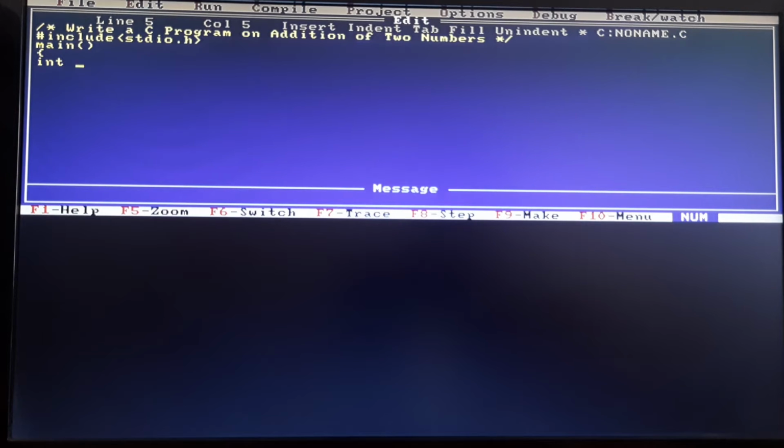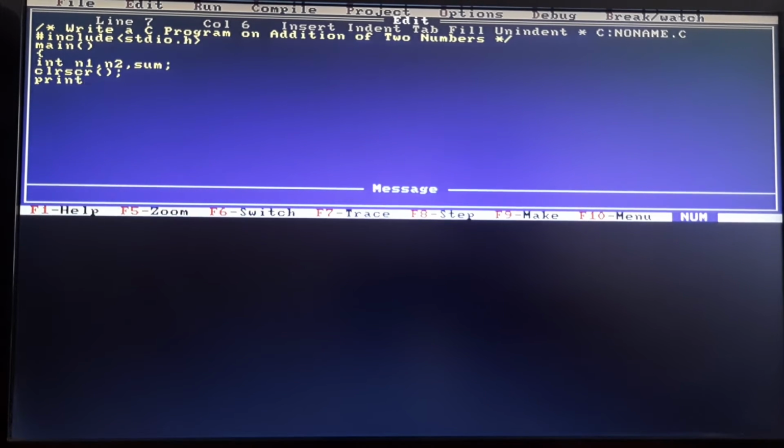In the declaration part, I will declare the variables, say int n1, n2, sum; semicolon, enter. clrscr, the clear screen command.